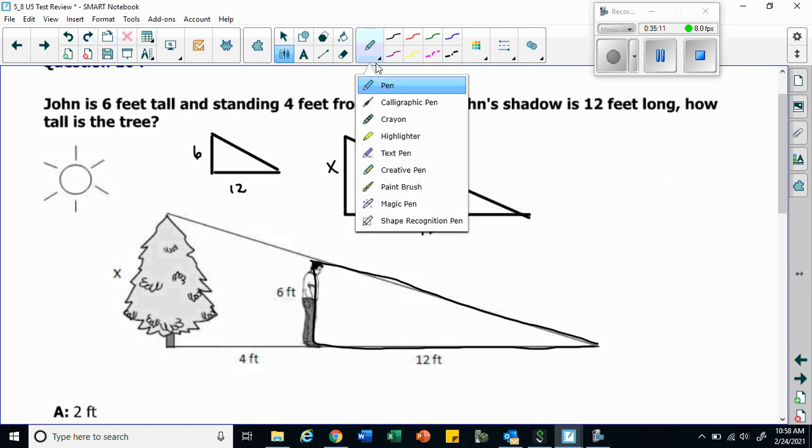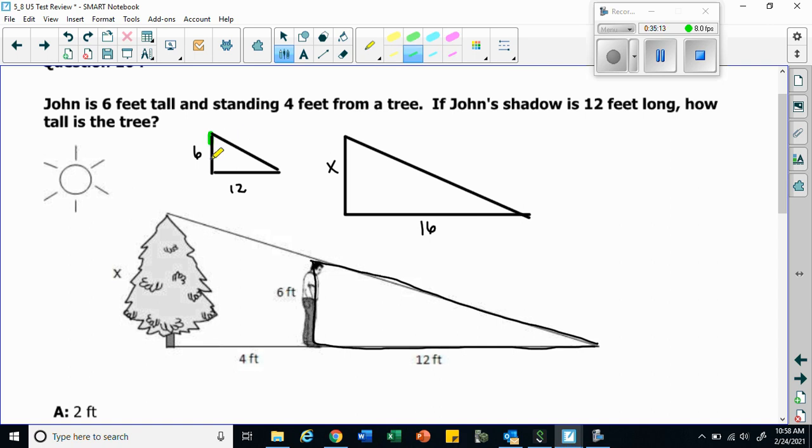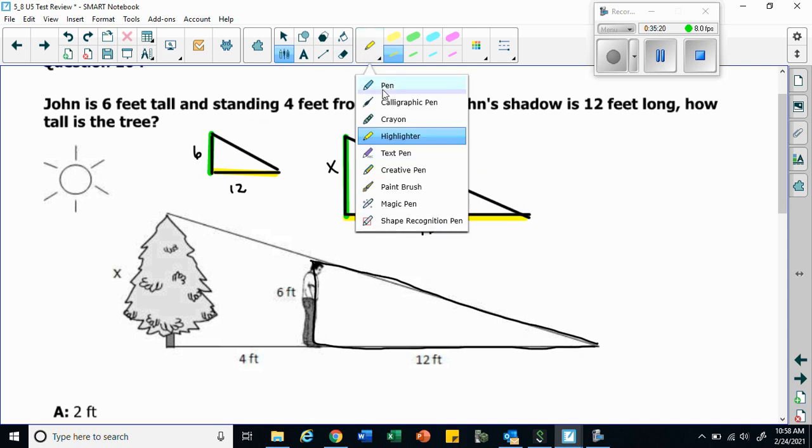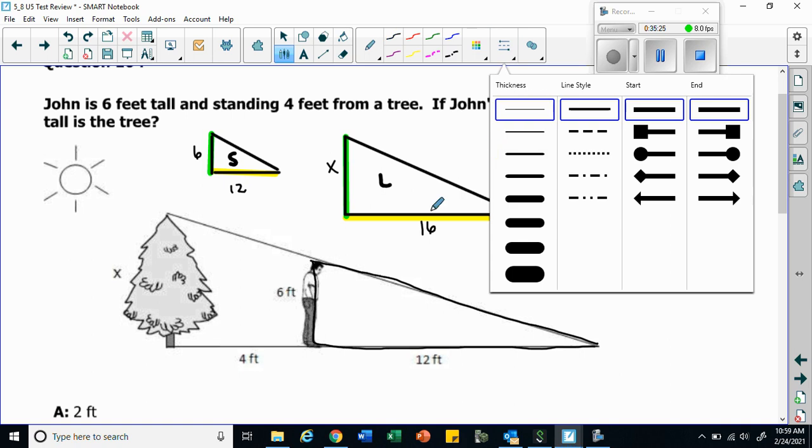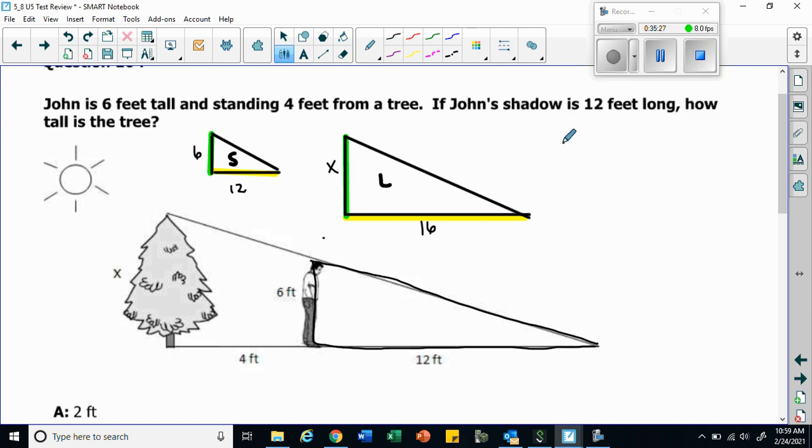So now we're going to set up our proportion so they match. This side goes with this side. This side goes with this side. This is my small, this is my large, right? So I'm going to do my small and then my large on top. So I'm going to do 6 over x, and then 12 over 16, and I'm going to cross multiply. So I have 12x equals,